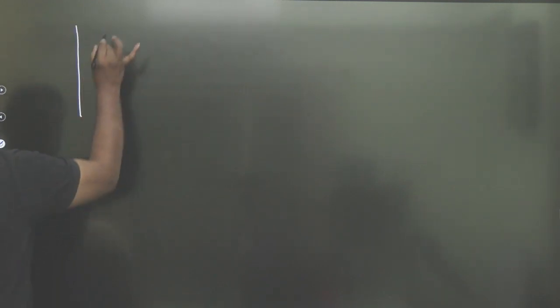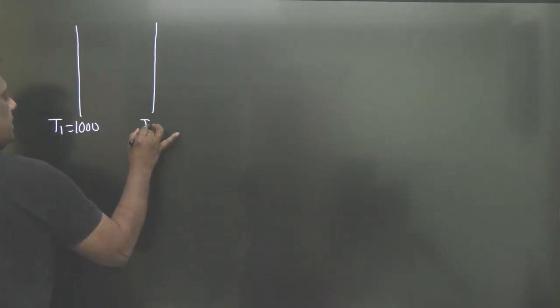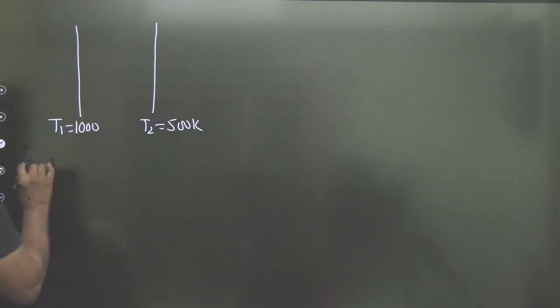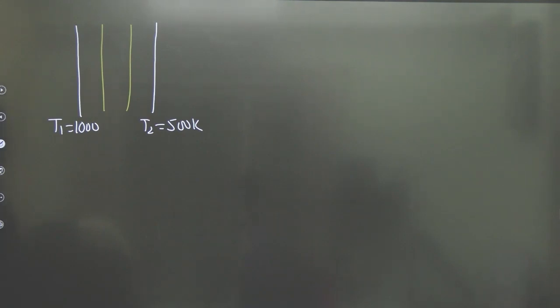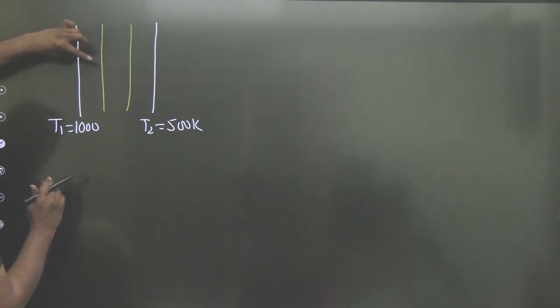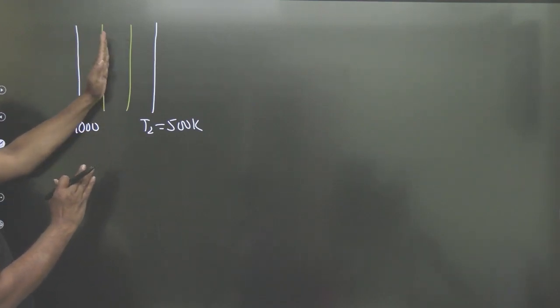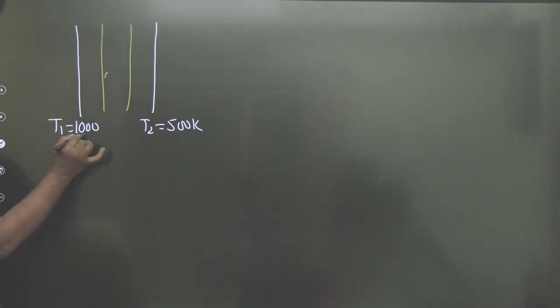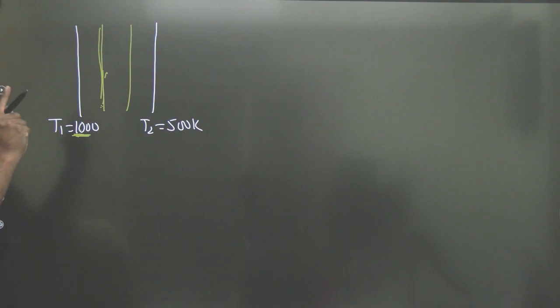Now, if you observe clearly, this is one shield. Let us take this temperature as 1000 and this temperature as 500. Given. Now let me use many shields, say 2. And it's very clear that when the number of shields is more, they are closer. So what will be the temperature of this shield when it is closer? If I'm using one, I'll place it somewhere in the middle. But if I use 2 or 3, it will be very close to this. When it is very close, it may reach this temperature easily. So it may be reaching 1000. Please understand carefully if I am using more shields.